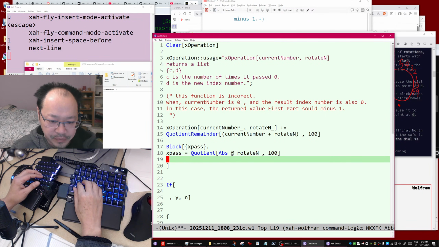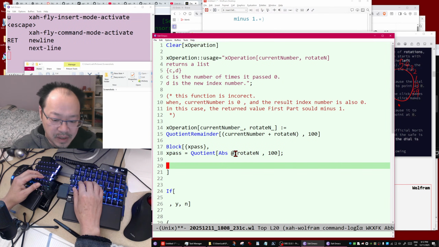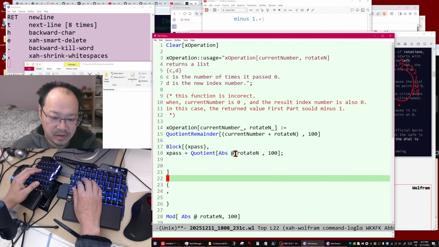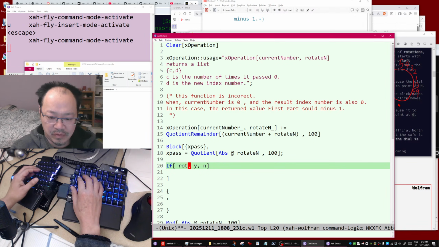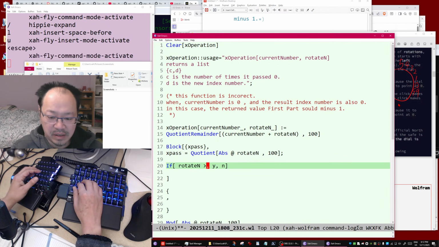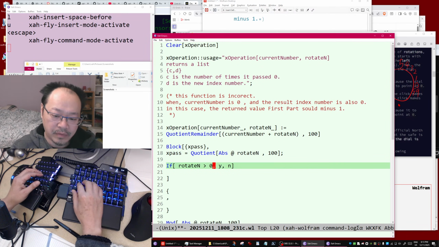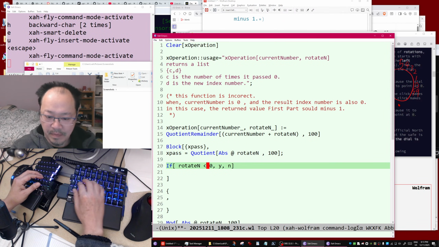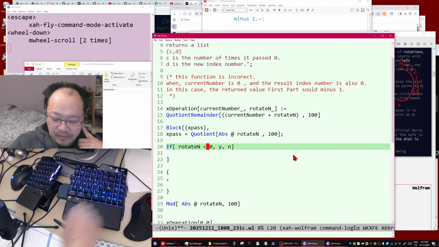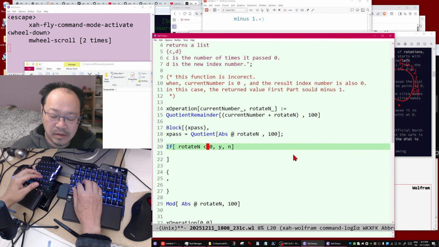Absolute. Okay, then you do if rotate is greater than 0, less than 0. If it's less than 0, then, wait, if